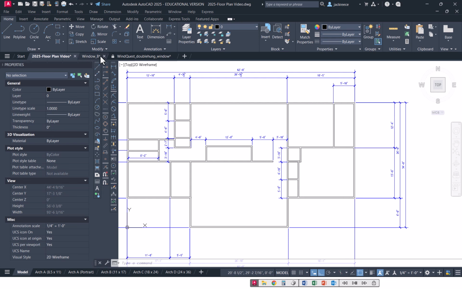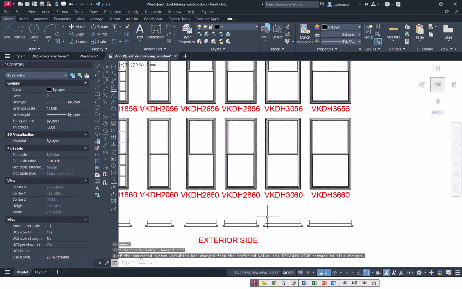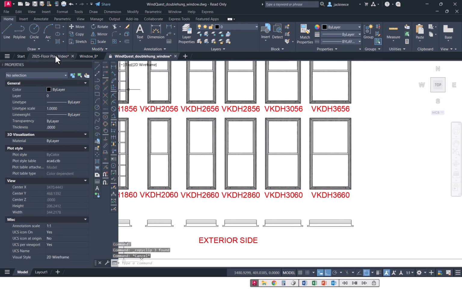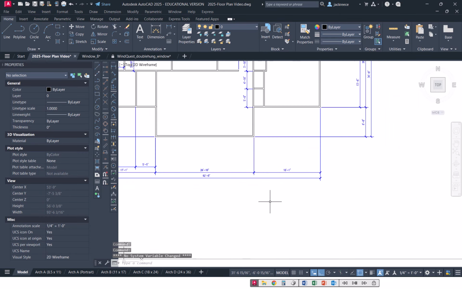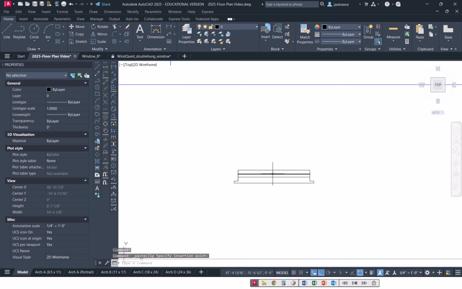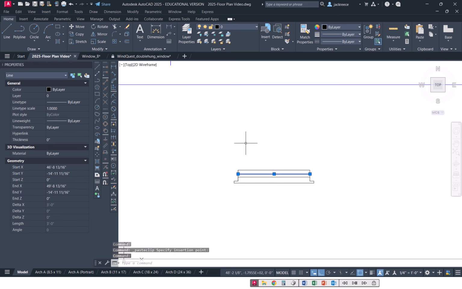Now back to my window, my double hung window. I want to select that window, and I'm going to Control C, go back to my floor plan, and I'm just going to come down here and paste it, Control V. All right, now I pasted it, it's on the 0 layer. Now, the problem is,